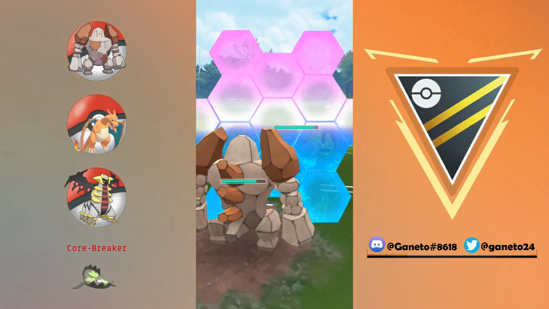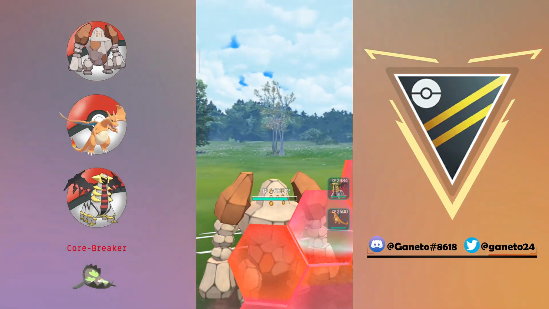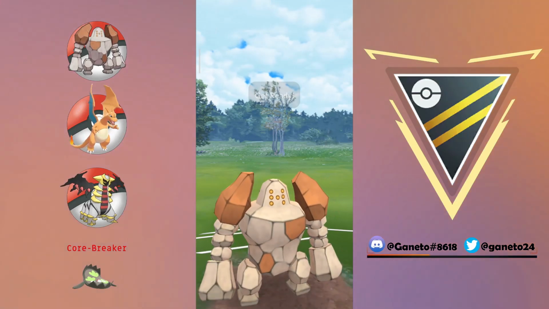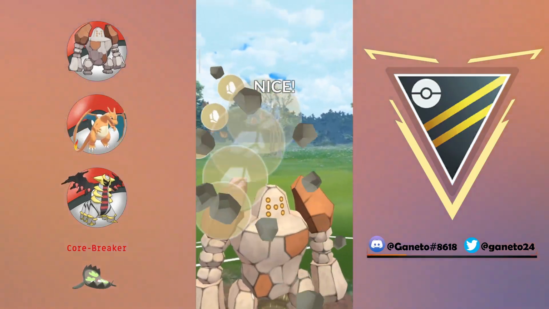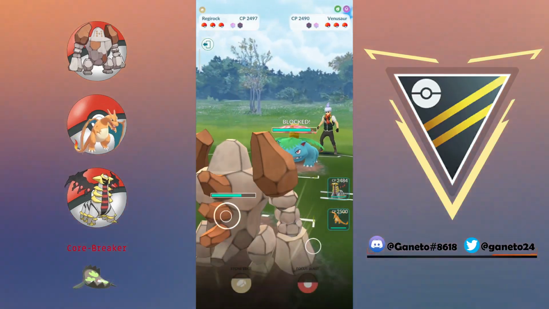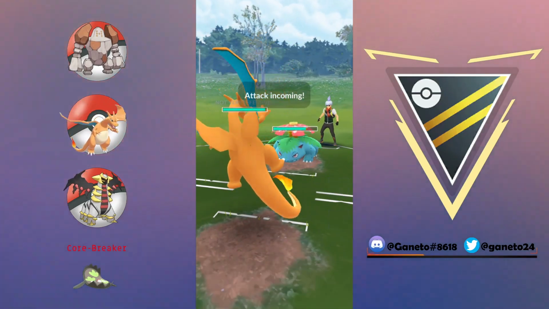Ganeto here, and let's start off with a team around Regirock as a lead. This Pokemon is pretty good, pretty spammy for a lock owner, and you're gonna see that with Focus Blast you are gonna have quite the coverage you need for any lead scenario out there. You will struggle against the ground types, but you can still hit them hard with that Focus Blast, especially that